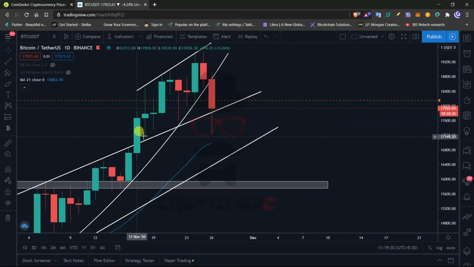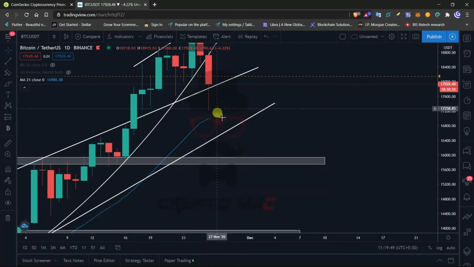If you see these levels, these wicks, it's making higher lows. This is a higher low than this, and this is a higher low. So we are making higher lows. Now if we see, this wick is forming a lower low. Comparing to this wick, it is now a lower one. So it made a lower low. So we can expect some